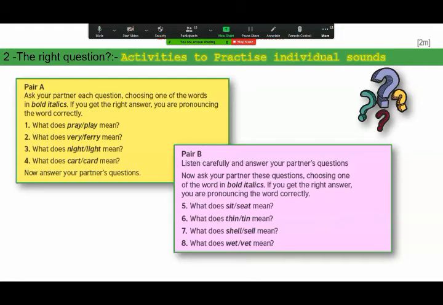But if I ask what does night mean and you answered, that's the opposite of heavy, so you didn't actually hear the word correctly. Okay, so that's the second activity that you can use to practice individual sounds. Okay, so next,